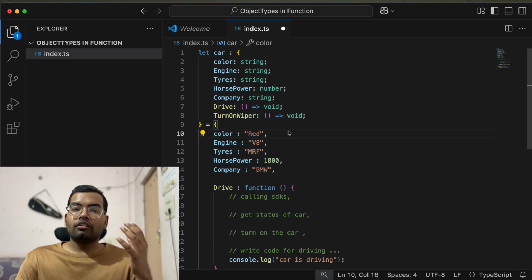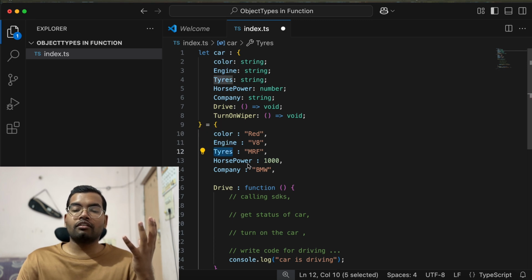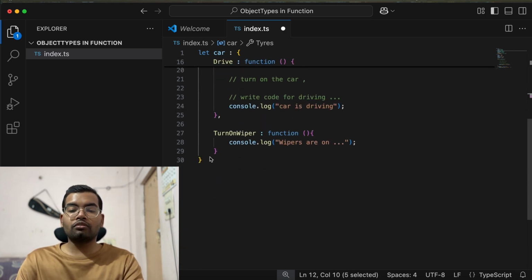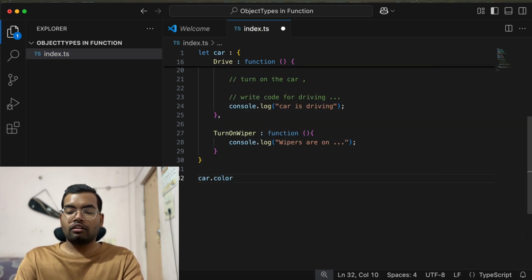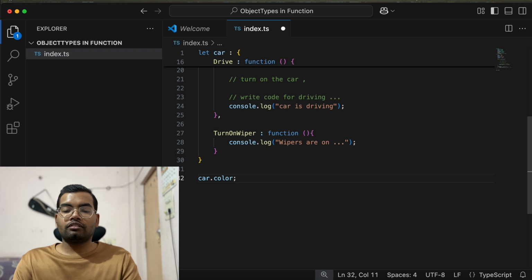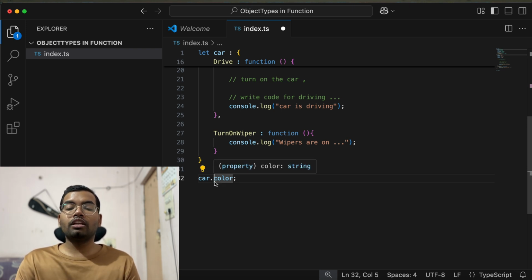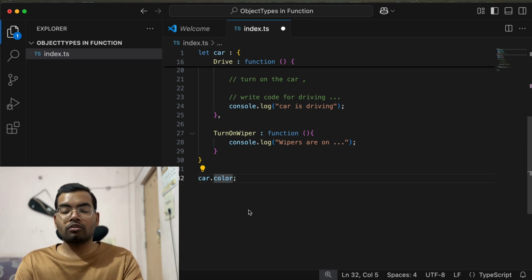Now that we have our car object, how do I access this color red? How do I access this engine? How do I access this tire? I can use the dot notation. Suppose I want to access the color property, so I can say car dot color, and that's it. We are able to access the color. Basically, you put the dot after the car variable and then type the name of the property or function that you want to use. So if I just console log it here,